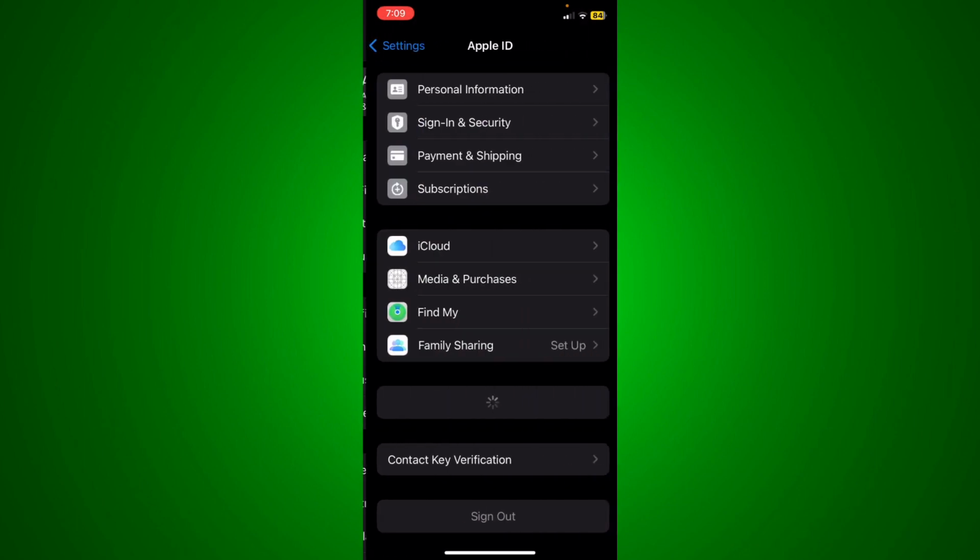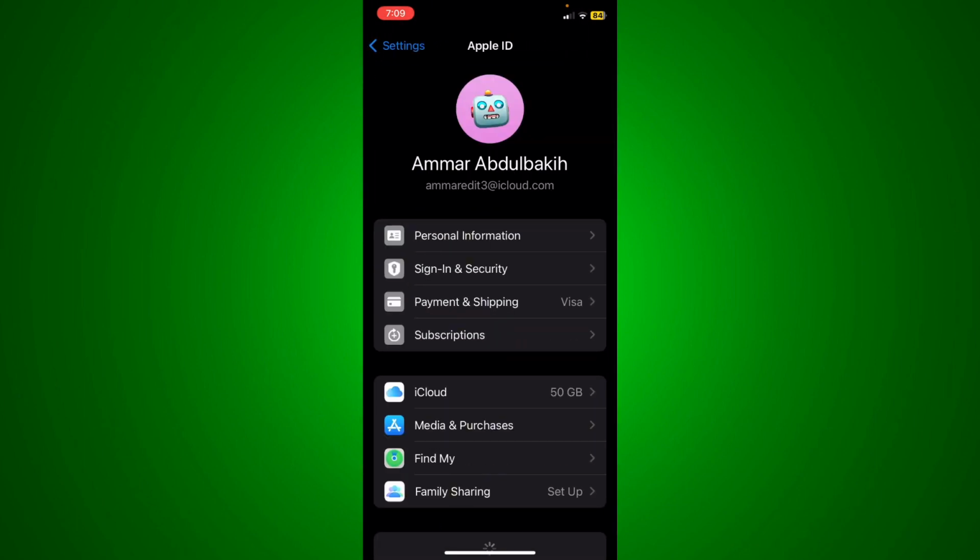So I'm going to just click right here on my account, Apple ID, and basically what you're going to do, you're going to be able to see all of your payment and shipping, or you're going to see right here subscriptions. So basically click on the subscriptions, and you're going to see all of the subscriptions across other platforms like